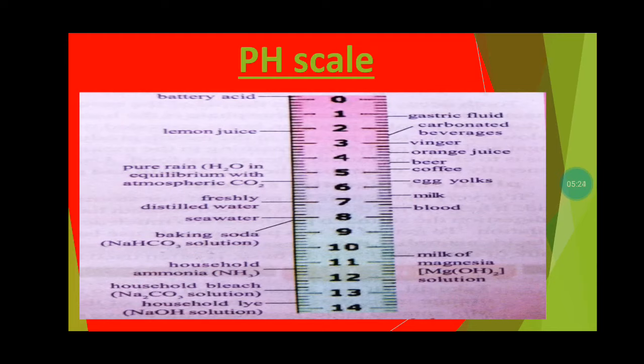An indigestion tablet, that is an antacid, which we take when we suffer with gastric problems, stands at 10 on the pH scale. Ammonia solution is at 11 on the pH scale. Soapy water is once again alkali and it is 12 on the pH scale. Bleach is 13 on the pH scale. The toilet cleaner or drain cleaner is 14 on the pH scale.